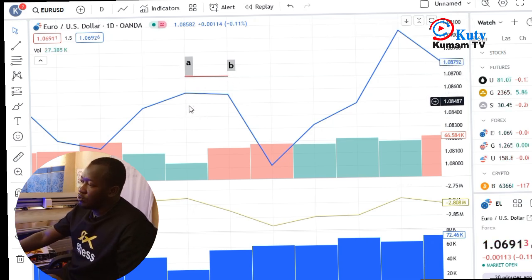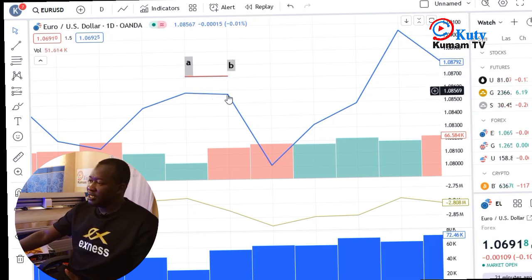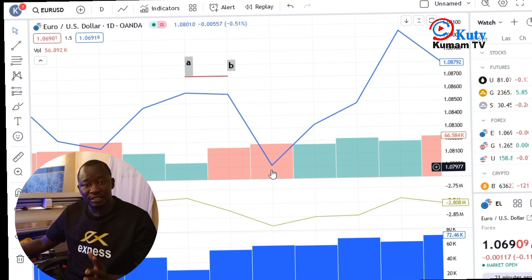So from point A to point B, take your time studying the graph. When the graph is at point A, it will keep on moving upwards, coming backwards, moving upwards, getting backwards, and the moment you find it clipping on point B, making a flat base, you can see this is a flat base. When point A and B is a flat base, please just put your trade. So that is the right time you have to sell